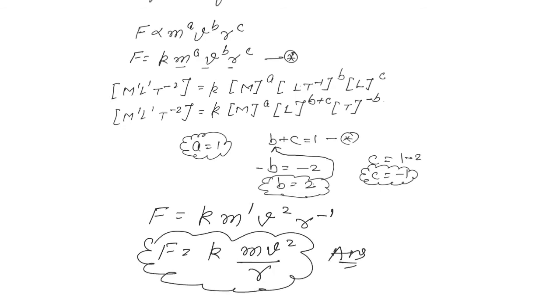Class, you can notice one more thing here, that we get no information about K. So this is one of the limitations of dimensional analysis: whenever you find a scientific equation using the dimensional formula, it will not tell you the value of the proportionality constant. जो proportionality constant है ना, उसकी कोई value की information ये method नहीं देता. So this is the first limitation.